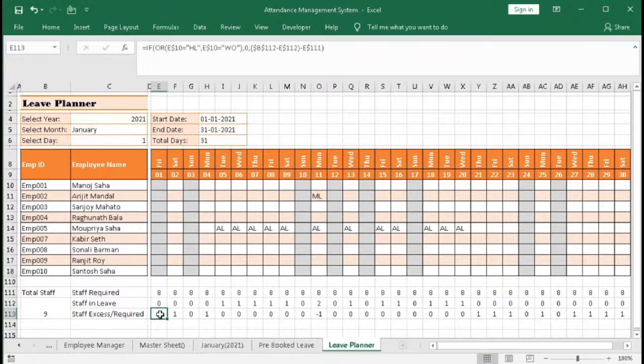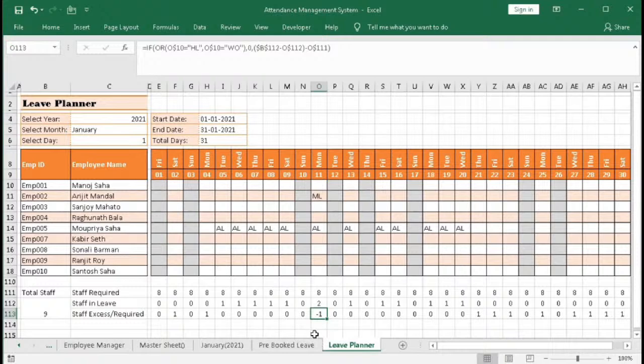There is no excess staff, or there is no requirement of extra staff. And 1 means it is a positive 1, that means we have one extra staff or one excess staff. And negative 1 means one